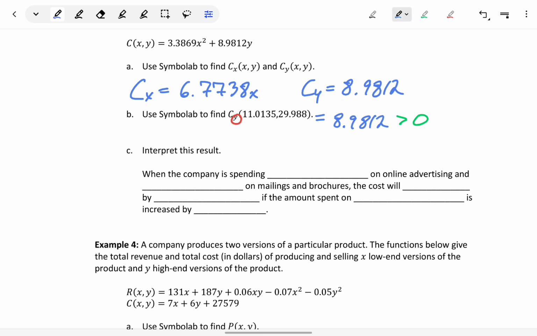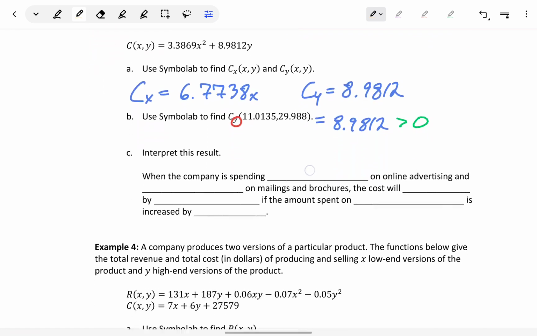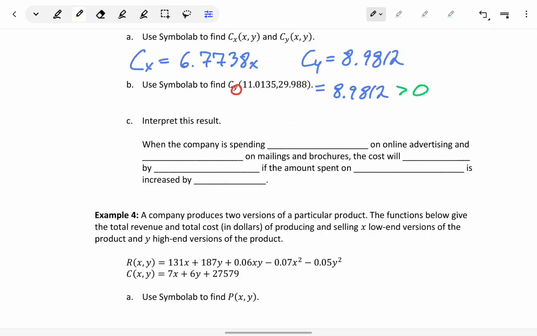So when we look at part C to interpret this result, also keeping in mind that our values are in thousands, x is in thousands, y is in thousands of dollars, and the total cost of advertising is in thousands of dollars, meaning we have to multiply each of our values times 1,000. We can say that when the company is spending $11,013.50 on advertising